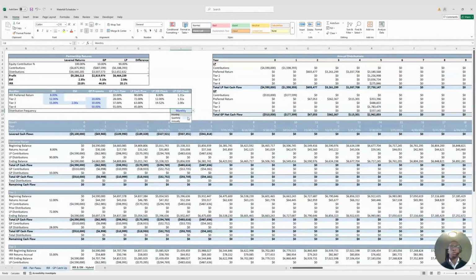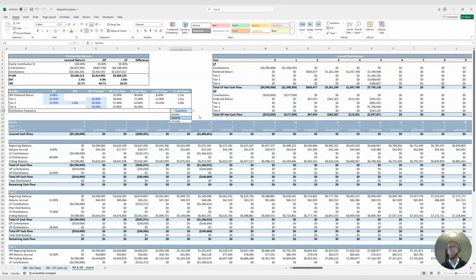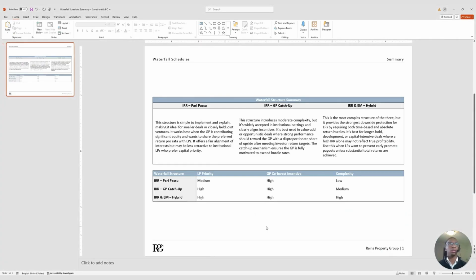And again, we have the capability to change the distribution frequency. So we can change to quarterly, for example. And we have that, and then we can also show it on an annual basis as well. So finally, here's just a summary of the